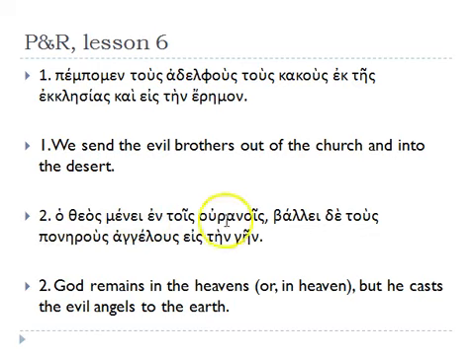Then we have a prepositional phrase, en, followed by a noun with its article in the dative case, in the heavens. Balei de here, signaling a new and potentially different thought, but balei, he throws, or he casts,